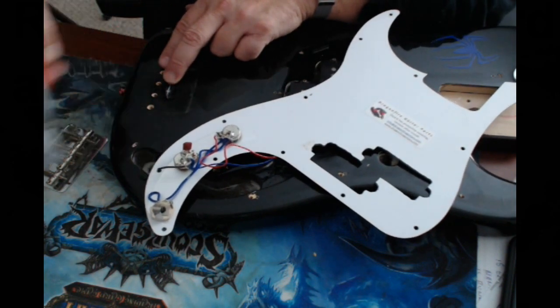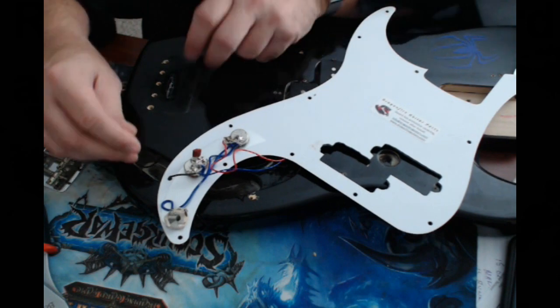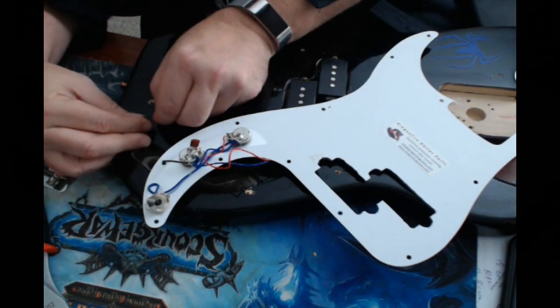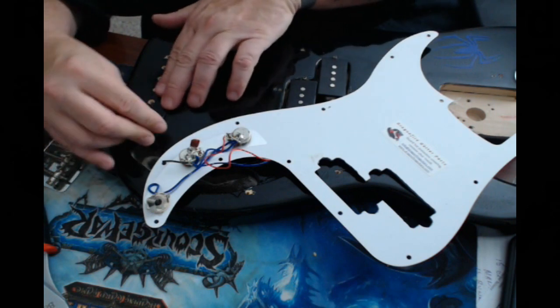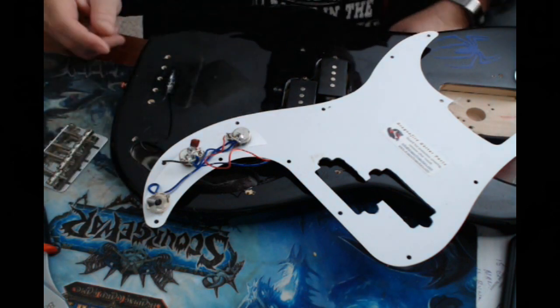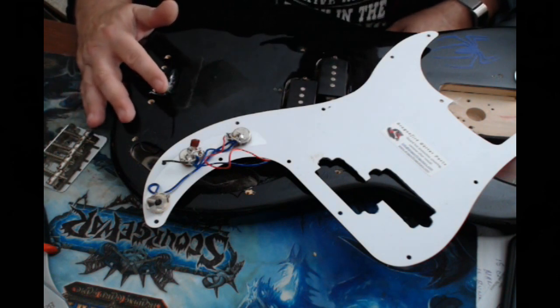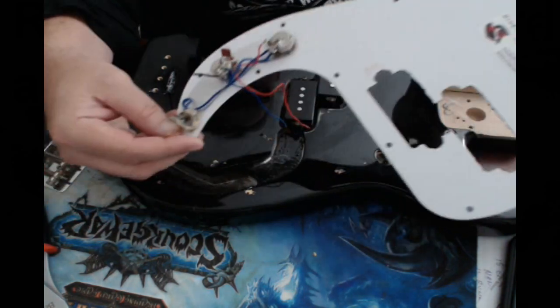Just going to snip the ground and leave it in place for now, so that I remember that that's where that all goes when it comes down to reassembly. And what I'll wind up more than likely doing when I get the pot kit is replacing this ground cable altogether. But for now,